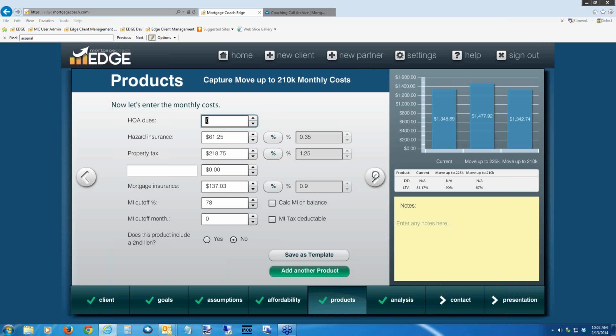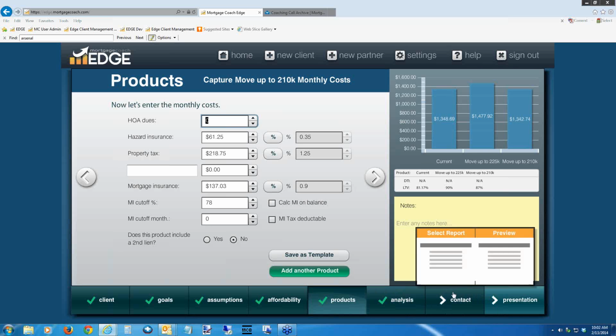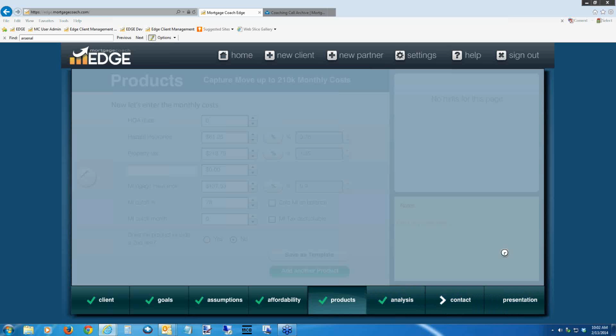Now, because I used the copy button, everything came over, everything looks good, and you can see that my payment here, $1,342, is actually less than what they're currently paying. So I've given them $10,000 more house for the exact same payment. Now, the only difference here is going to be the cash to close. So if I go back and preview this guy,